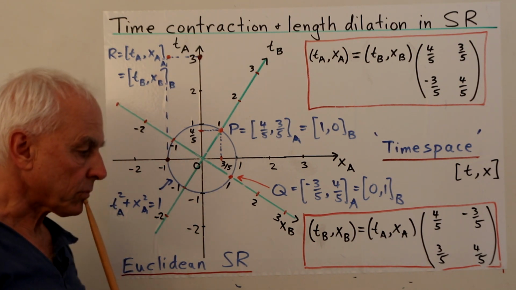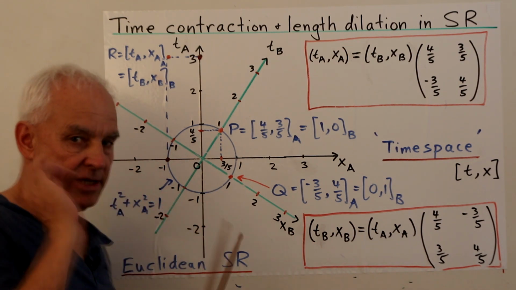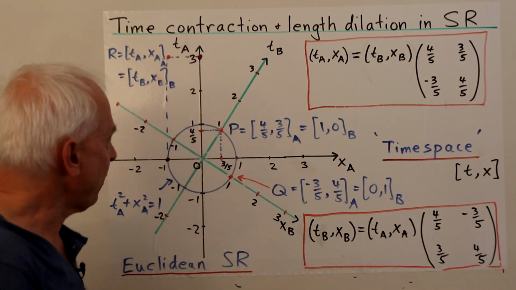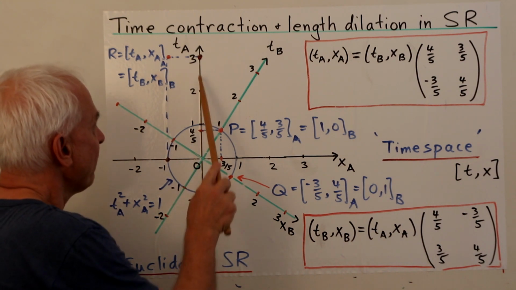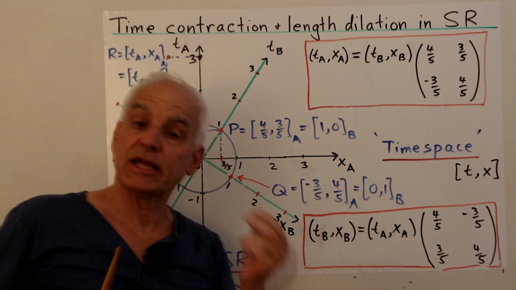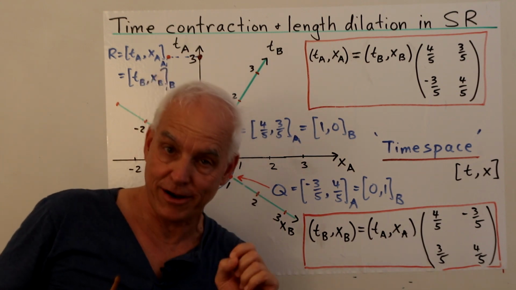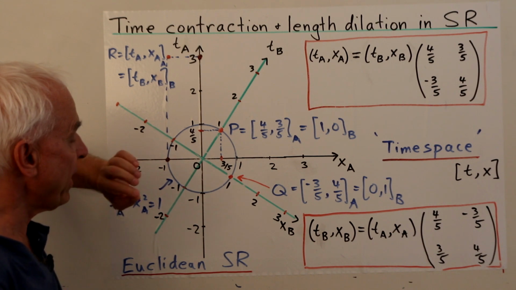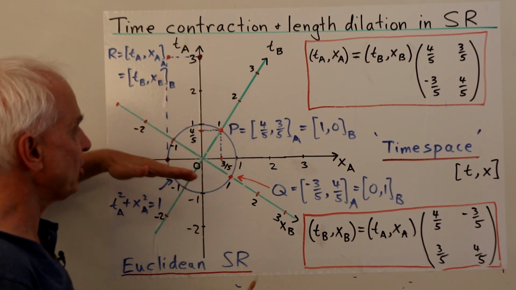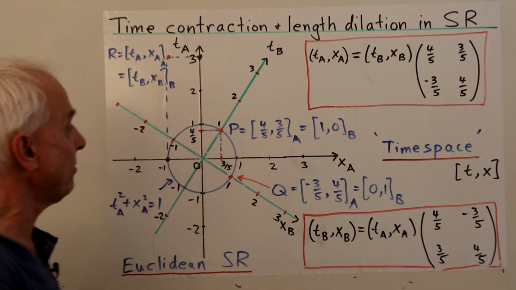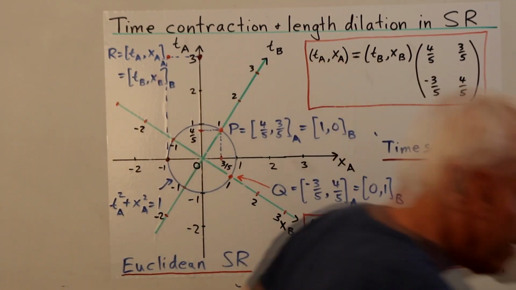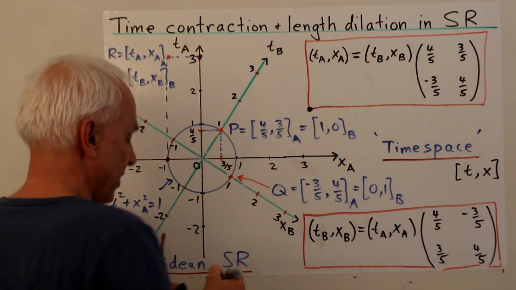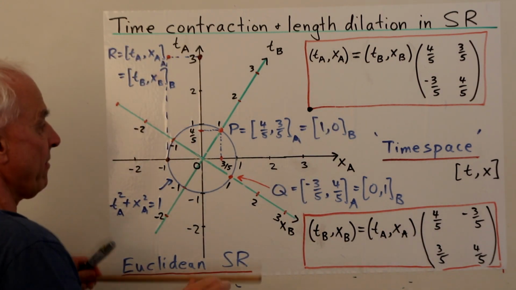Well, let's now interpret these coordinates to be times and positions. So what we're thinking about is that these vertical marks here represent the ticking of a clock, of A's clock. Tick, tick, tick. So when A wants to record the time of some event, let's say, how about, there's another event, okay? So what's the time of that event?